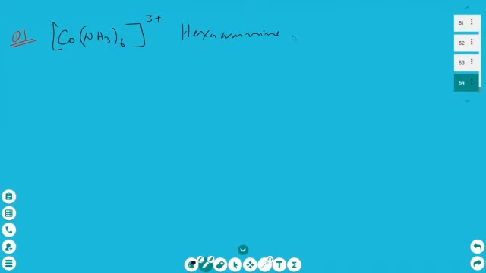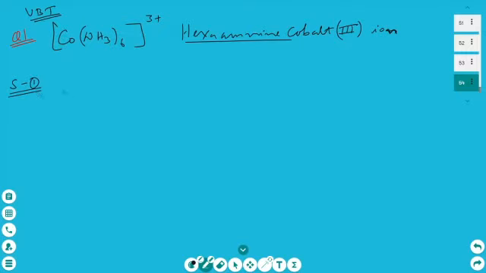Hexaamminecobalt(III), and there are three positive charge, 3+ ion. So this is your ionic compound. Basically it is a complex. Hexaammine, 6 times ammine is there, cobalt 3+ ion. So you have to find out its geometry, hybridization, magnetic character, and type of complex using VBT, that is valence bond theory. So you remember the steps what I have discussed.